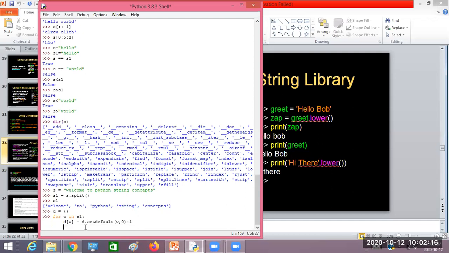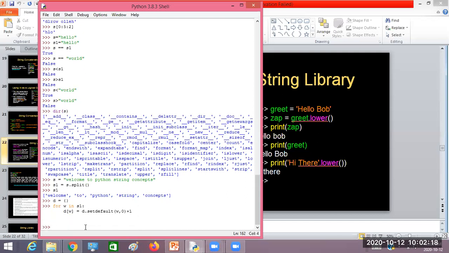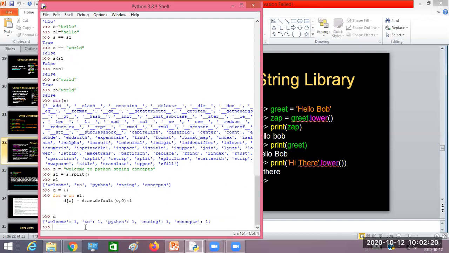Done. Now see the content of d: the number of occurrences of each word. This was the assignment given to you to work on. How many lines of code did I write? Just 5 lines. Is it simple or not?